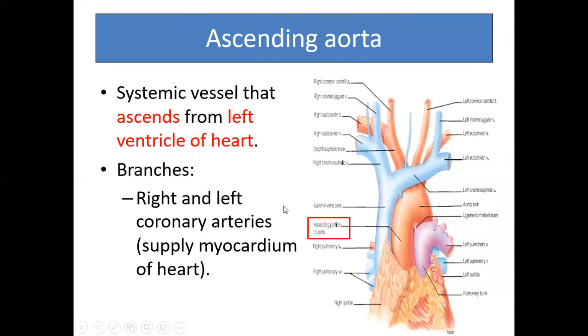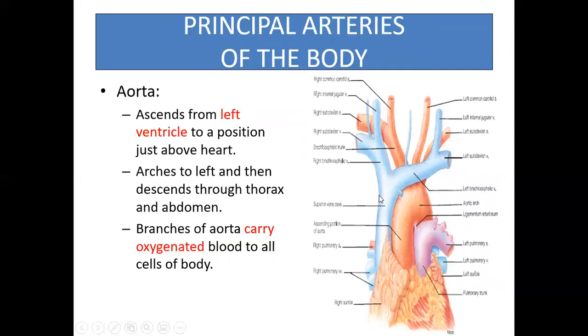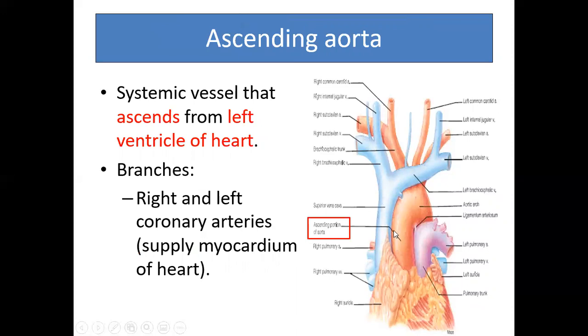For the aorta, it is divided into several parts. The first part here is the ascending aorta. It is a systemic vessel that ascends from the left